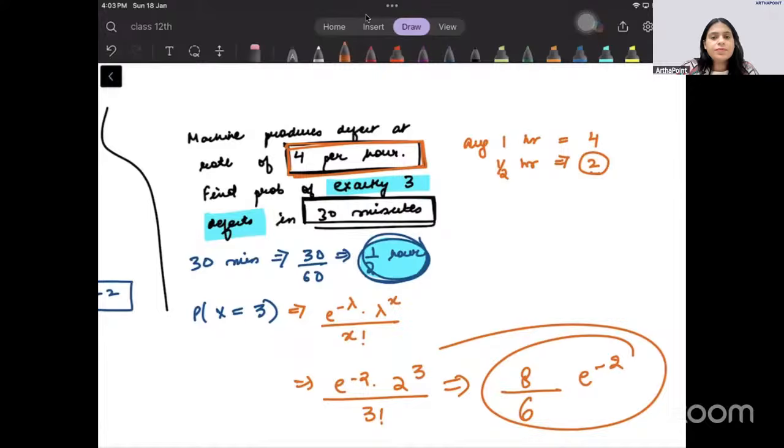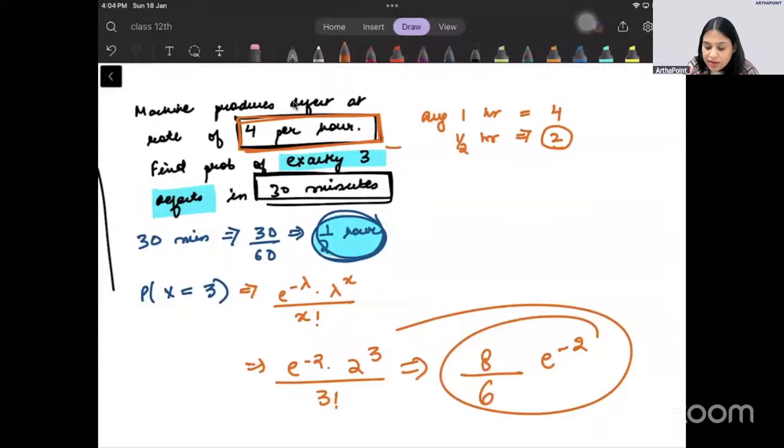Okay. Taking 6 defects in 1 hour? Well, you can. But why would we want to do that? I mean you can, it does not matter if you want to convert everything like that. But the question has strictly asked me 3 defects in 30 minutes. I would rather convert this according to what the 30 minute average will be, not the other way around. Answer will be same, but technically we should be doing it in this way.